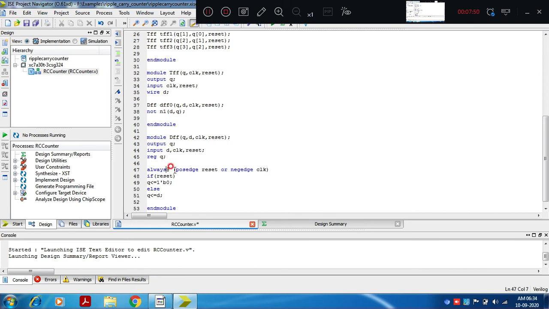Always at positive edge of reset or negative edge of clock: if reset is 1'b0... if reset is 1, irrespective of whatever input is connected, the output should be 0. Else, for normal operation when reset is 0, on every negative edge of the clock, Q should be assigned with D.